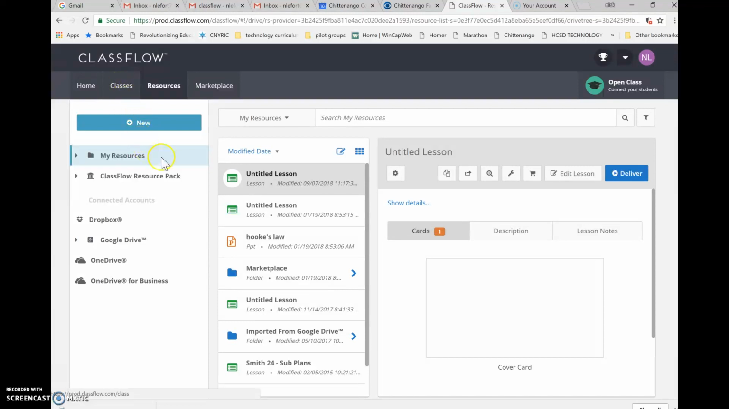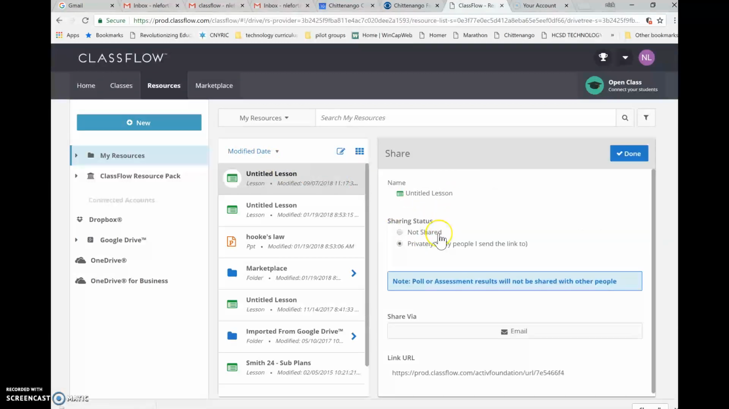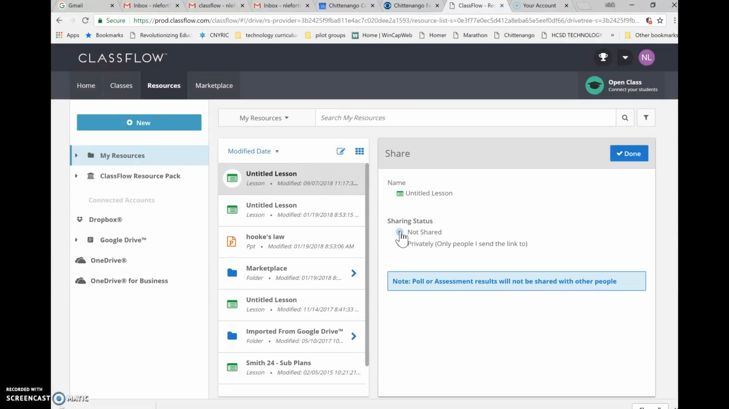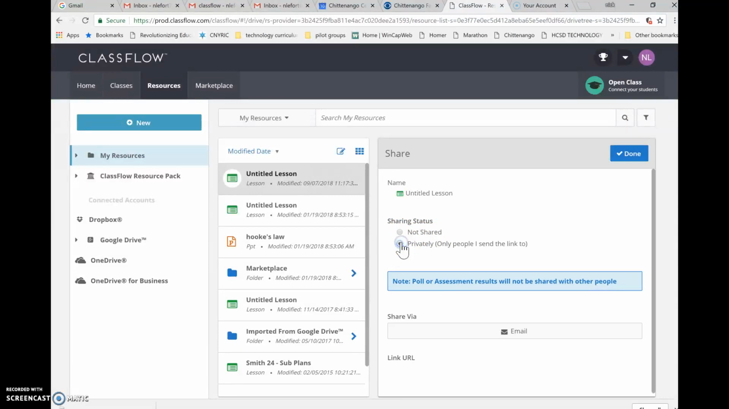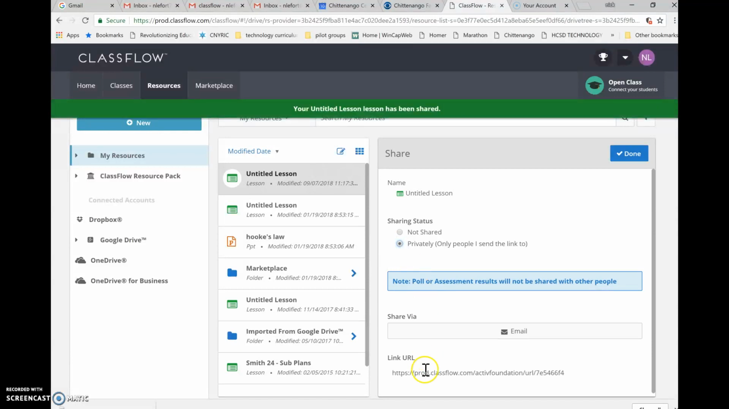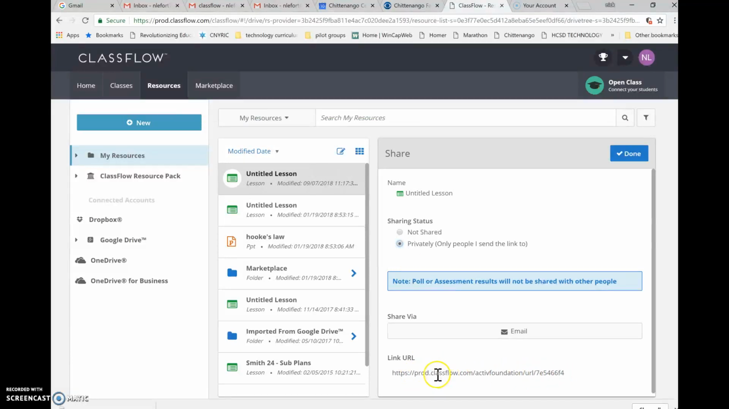Once you have them in ClassFlow, take the lesson that you want by clicking on it under your Resources tab. Right here is a button that says Share. By default, it's going to be set up as not shared. What you want to do is click on Privately, and then they'll pop up a link down here at the bottom. Now this is going to be different than the link when you're presenting. So you want to copy this link,